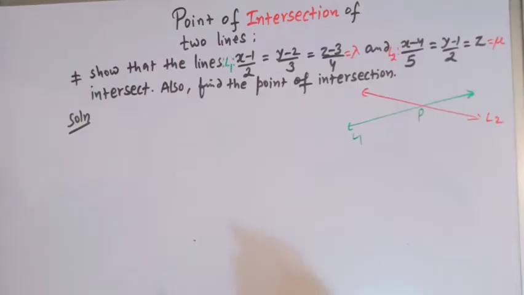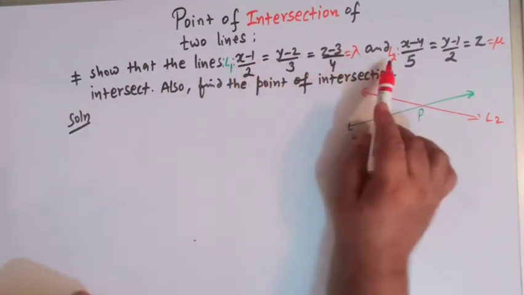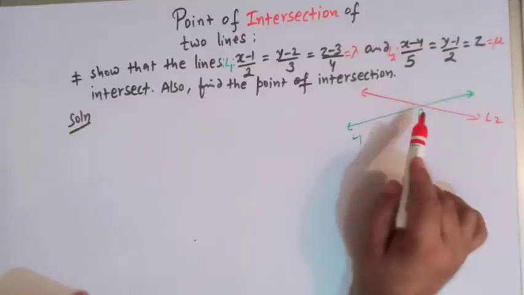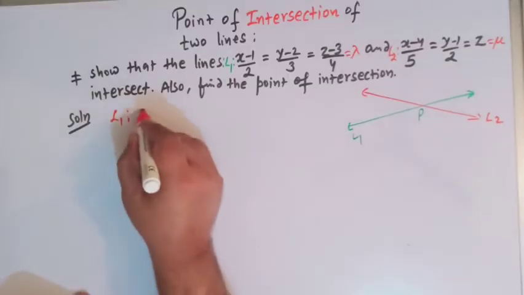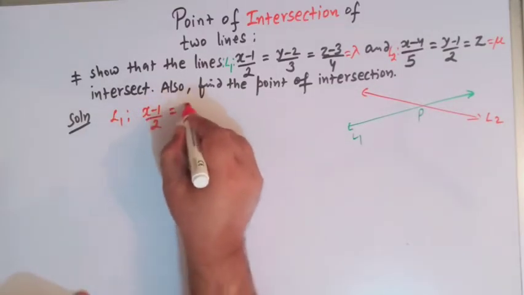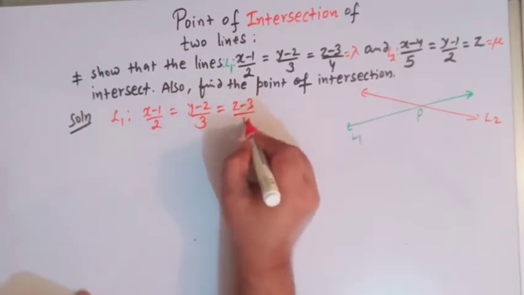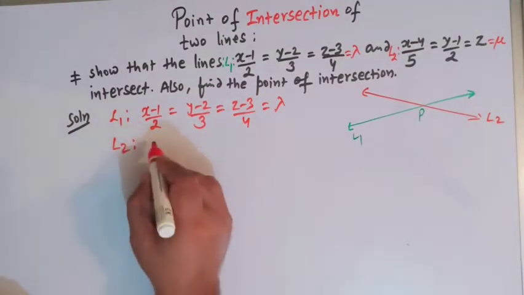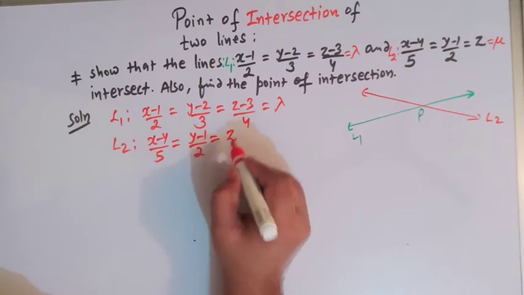Now let us take this problem. Here we have to show that the lines L1 and L2 intersect, and also find the point of intersection. So here the line L1 is given as (x minus 1) by 2, (y minus 2) by 3 equal to (z minus 3) by 4. Let us take the parameter as lambda. And here we have the line L2, (x minus 4) by 5, (y minus 1) by 2 equal to z